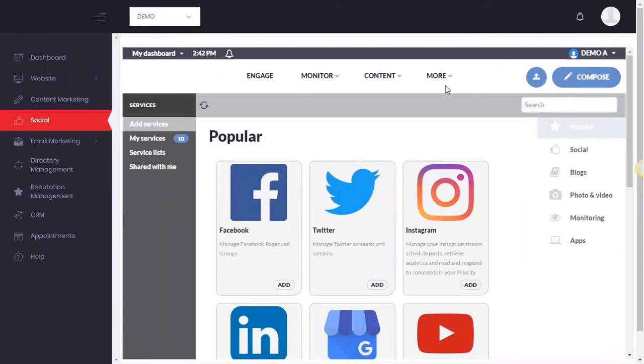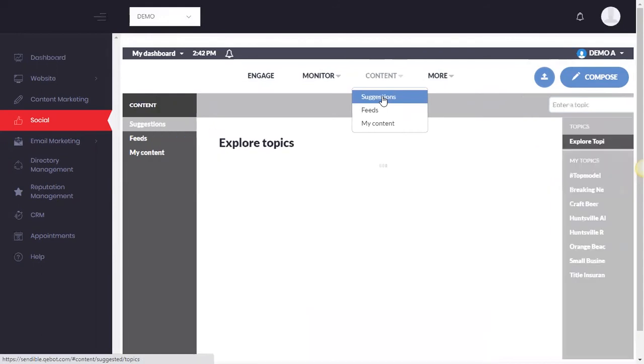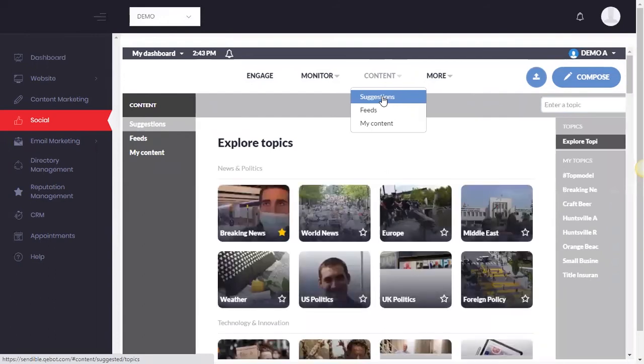So now that we've got that down, we understand how to post to social and connect. What about coming up with new content, right? We need new content, and as we're saying, we need to be posting to all these different social profiles on a regular basis to keep our profiles active. This is a great tool right here. We're going to get into the suggestions tool, which is fantastic for helping you do just that.